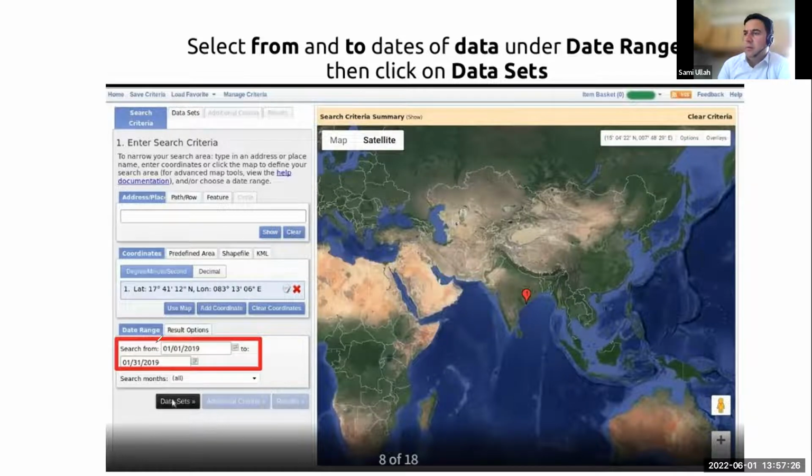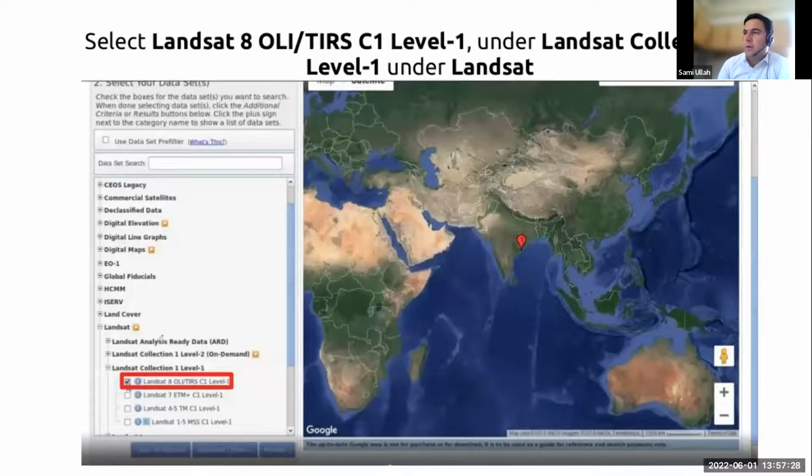So if you write the dates, then you can go for the Landsats, and these are different series of the products of the satellite data, which are available on this website, but some are free, some are not free. Even land cover data are available, but you have to search, you have to dig it out, what is available, what is not available, and what is your interest. So for example, here in the presentation, they click on the Landsat collections. This is the US